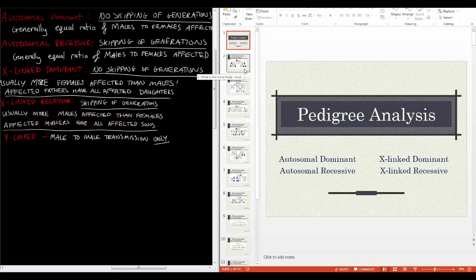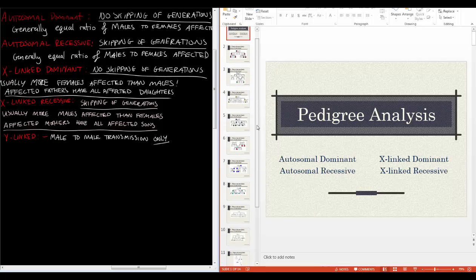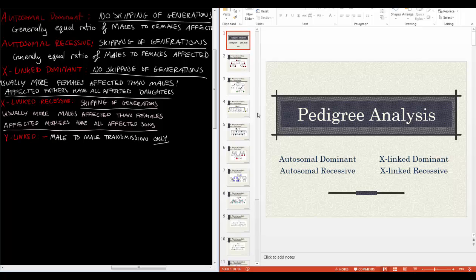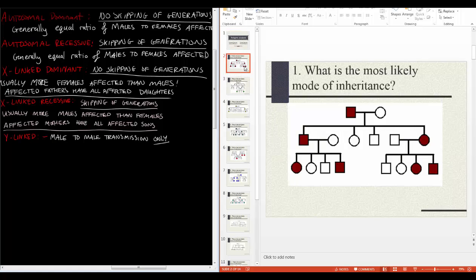end I will cycle through the whole slideshow with a few seconds on each one so that you can pause the video and you can analyze it yourself and write the answer down, and then at the very end I'll give you the answers and you can pause as you go along. This is your time to practice. So for this first one,